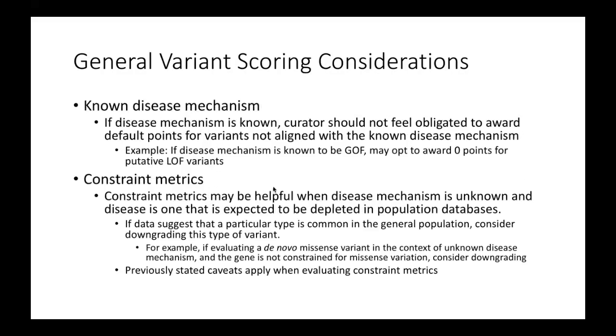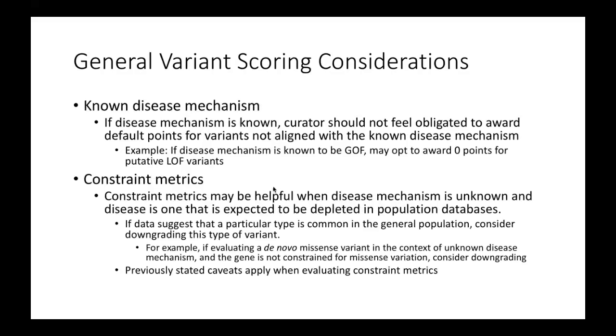We also added a section for known disease mechanism, and we do want to indicate if the disease mechanism is known. Curators should not feel obligated to award default points for variants not aligned with the known disease mechanism. For example, if the disease mechanism is known to be gain of function, you may opt to award 0 points for putative loss of function variants. When in doubt of this, please consult with your experts on how to